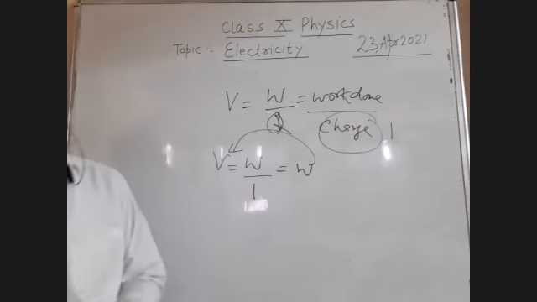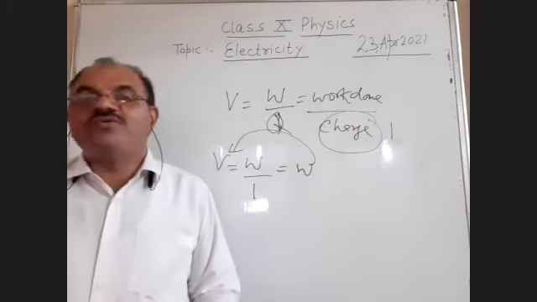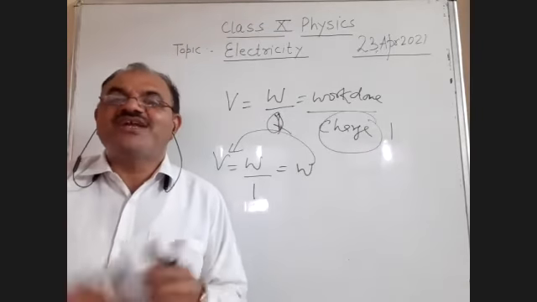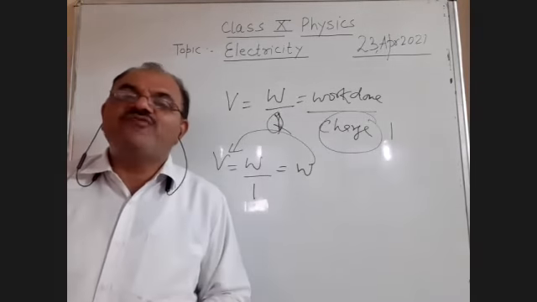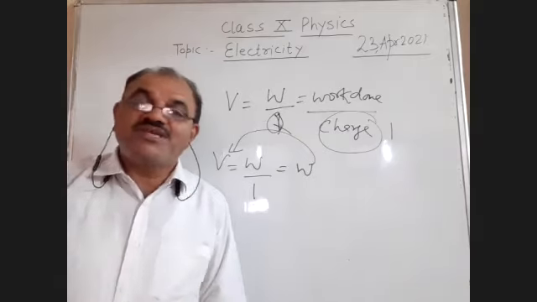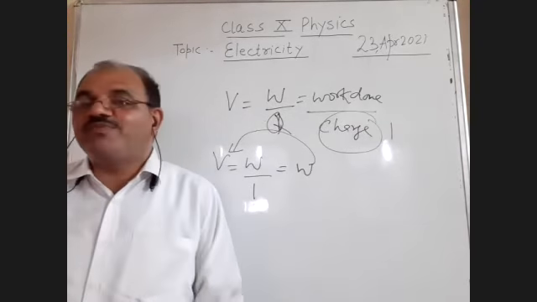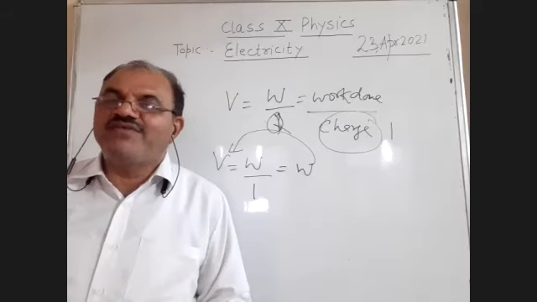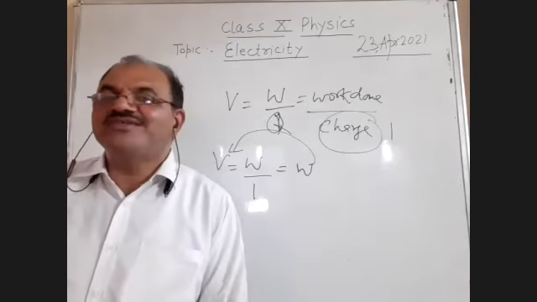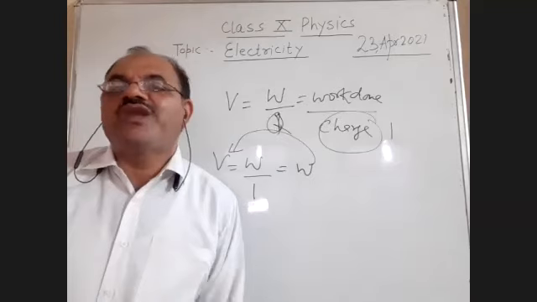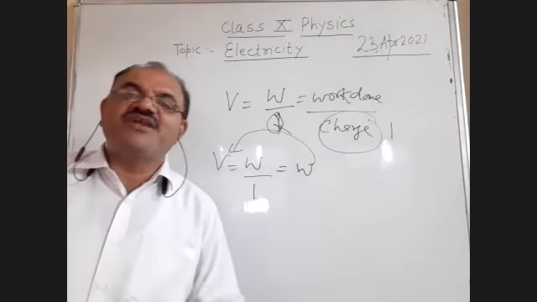And for the definition of potential difference: the difference between the two points in potential is called the potential difference. When I bring a unit positive charge from one point to another point, say the potential difference is 1.5 volt, and the initial point is 0, the final point is 1.5 volt minus 0, which is equal to 1.5 volt. This is the potential difference, students.